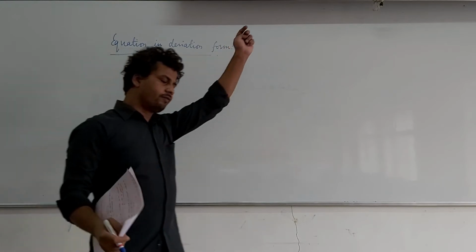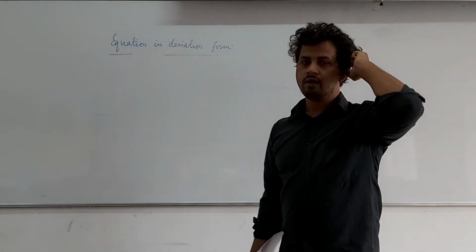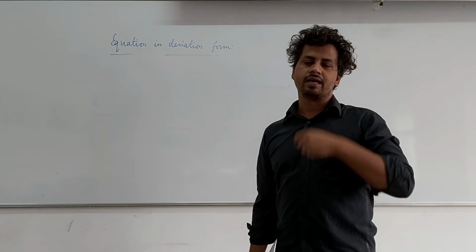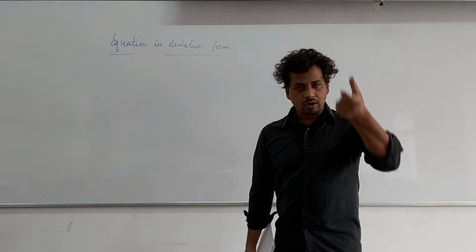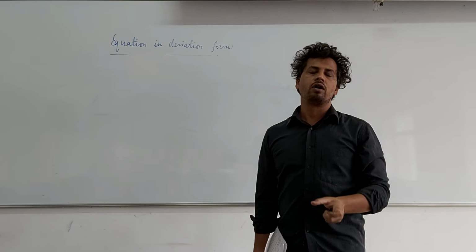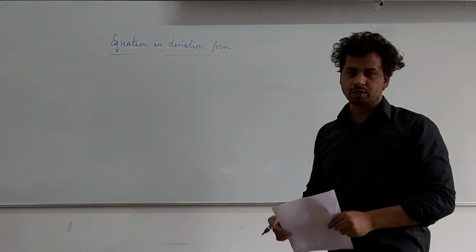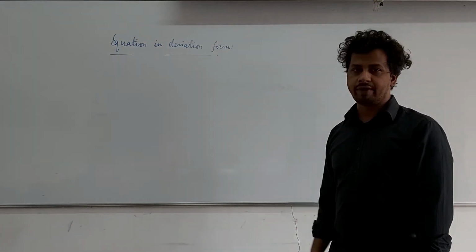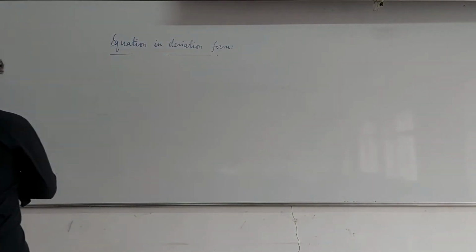So equation in deviation form is nothing but an alternative way to approach the same question, just taking the raw values of y and x and converting those raw values into deviation form. So what will deviation form be? I take the raw values of y and x, compute the mean of each, and subtract the mean from every raw value of y and x. So those will be the observations in deviation form. So how do we write the sample regression line in deviation form? That's what we discuss next.